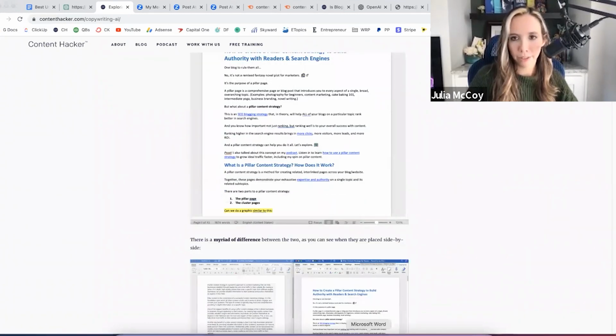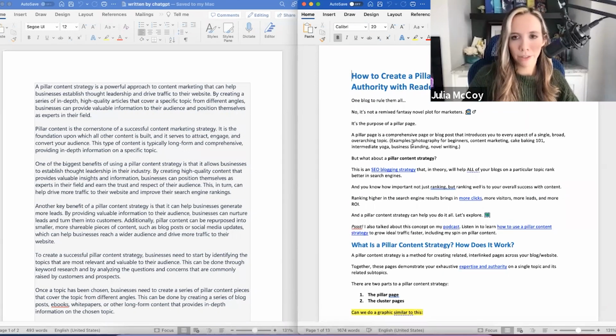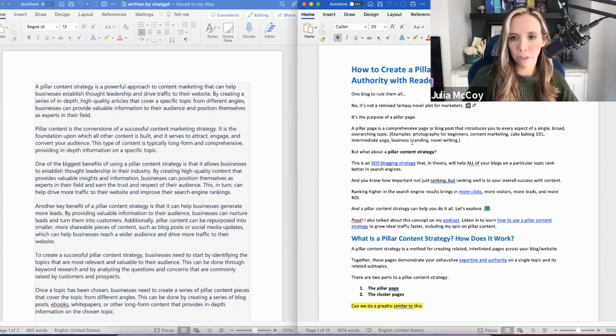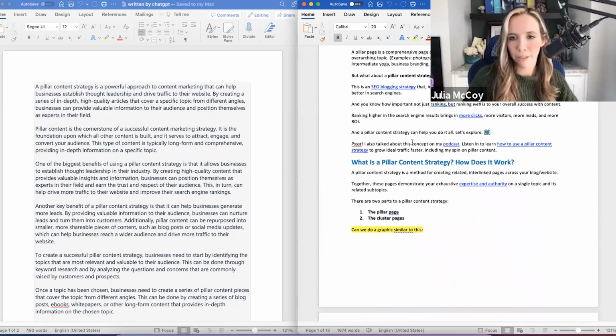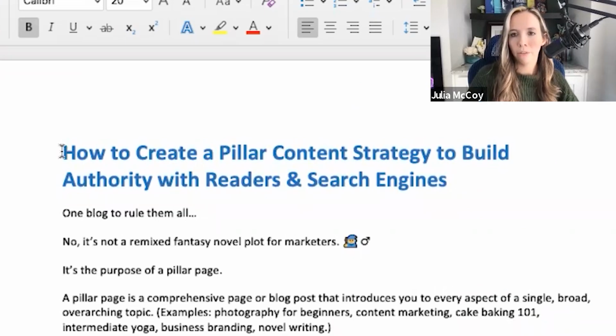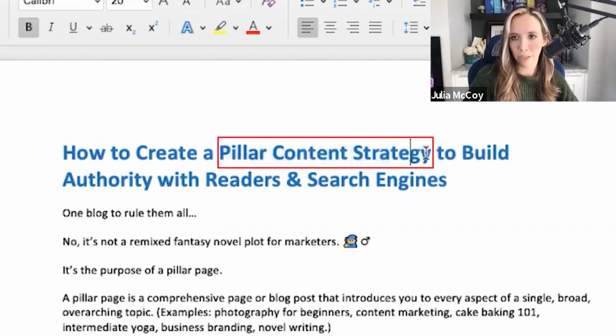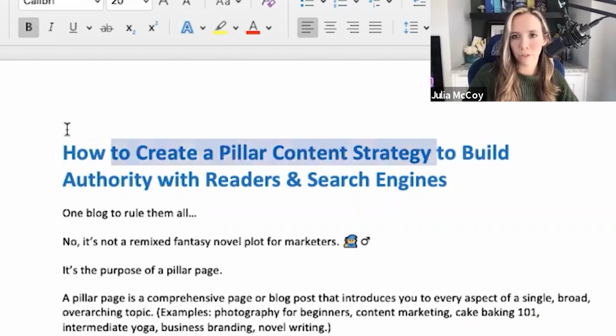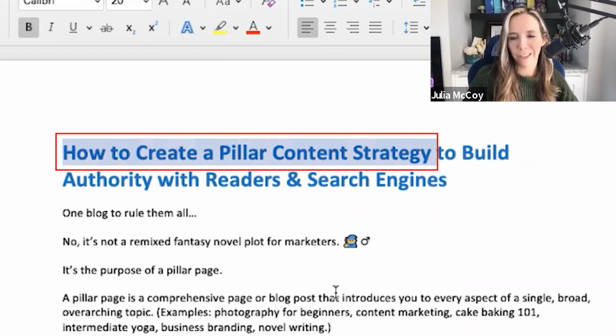And here's why. Last week, one of my writers finished an almost 2,000 word, 1,600 word guide. And this is based on our research of, okay, how is this piece going to outdo what's out there for this topic? And the keyword is around pillar content strategy. I think the actual keyword is this 6-word string, how to create a pillar content strategy.